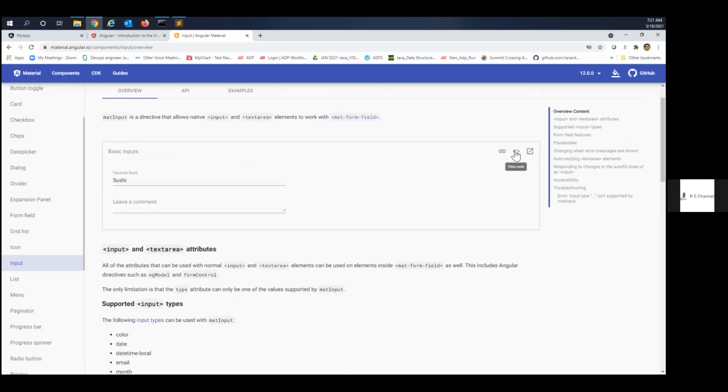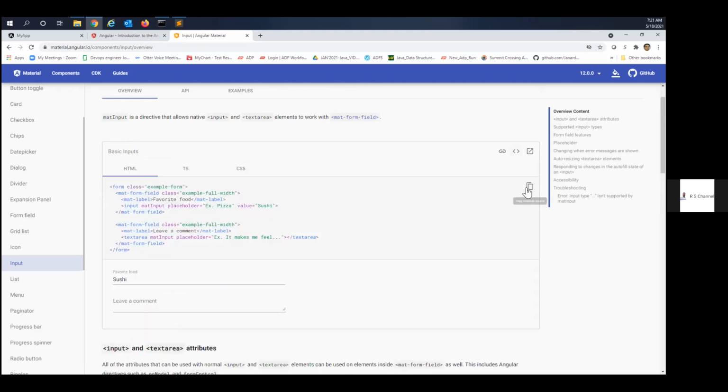You go to the code and copy the text box code alone. There are two text box codes.